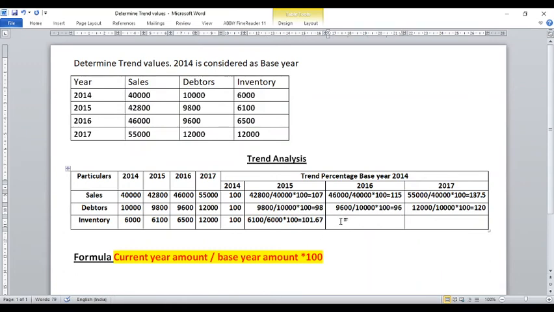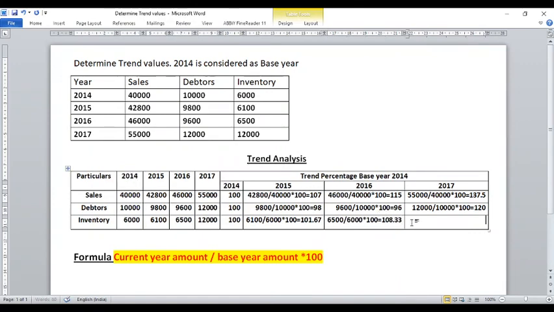Okay, next for 2016, 6,500 divided by 6,000 into 100, you get a percentage of 108.33. Next for the last one, that is 2017, 12,000 divided by 6,000 into 100, you get a percentage of